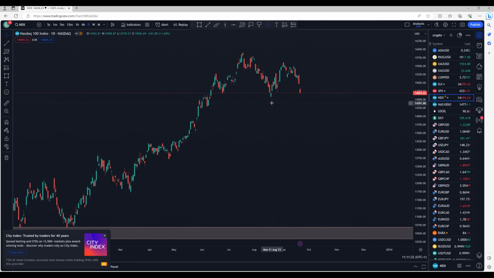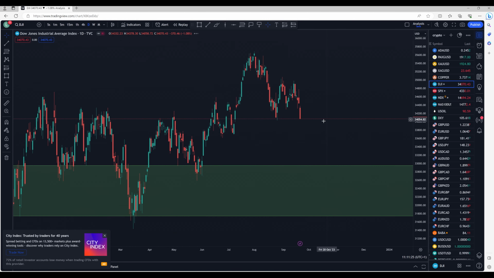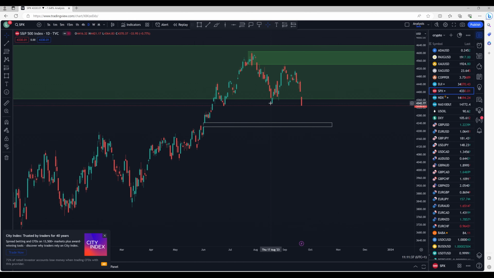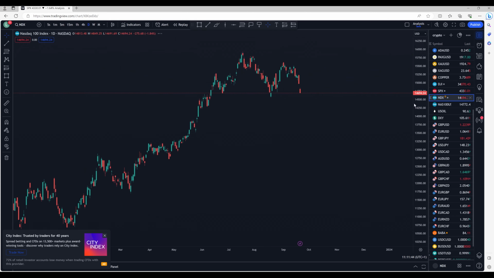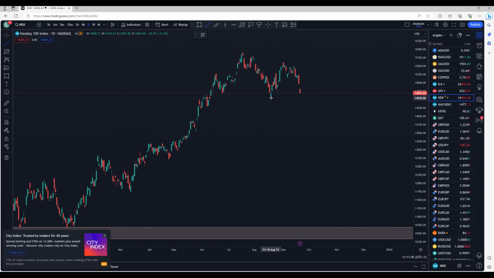Again, what's interesting, let me just show you something so you can see, and the best way to show you is to just do this. So you can see prices come down on the Dow, okay, and it didn't hit this level, right? Higher low. S&P straight through it, right? So the S&P is the front runner at the minute. You can see this, and showing a lot more weakness. If we go on the Nasdaq as well, we can see the same thing again, right? So it's looking like the S&P is the weakest of the three.